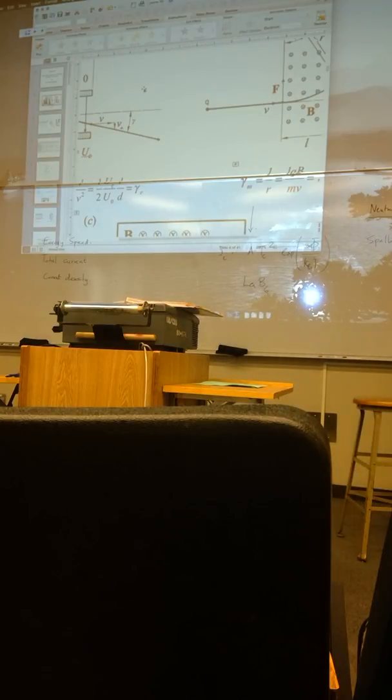Okay. So if A, you're passing it between two charged plates, and then B, you're passing it in the middle of